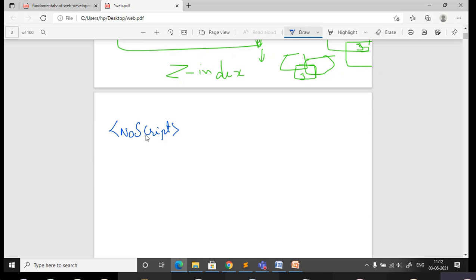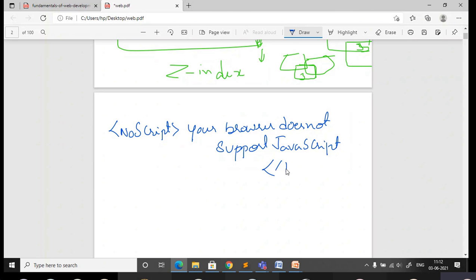So capital N and capital S. And here you just write some content that you want to inform the client. Just write, your browser does not support JavaScript. And you have to close the tag noscript.